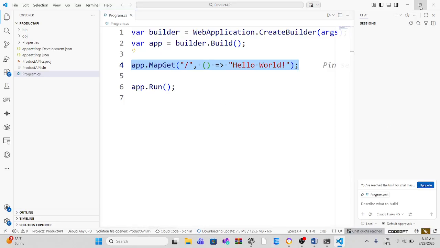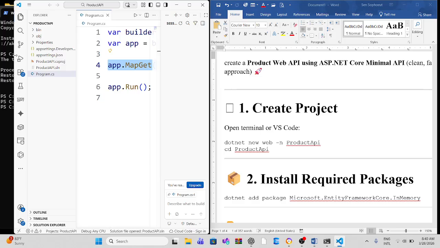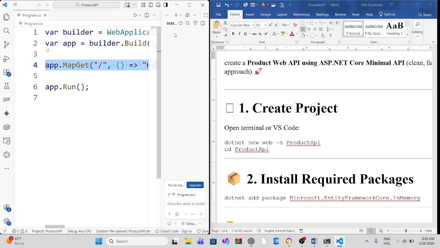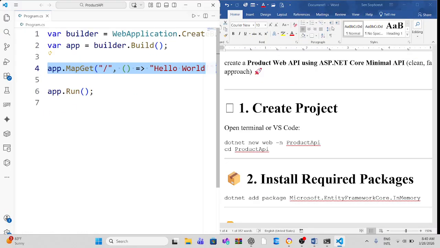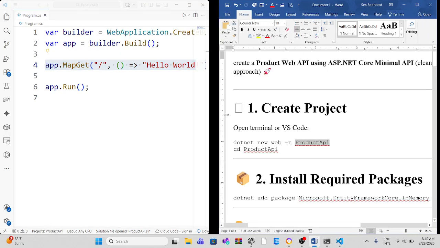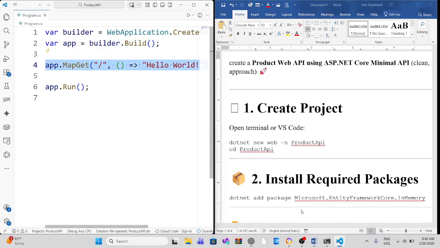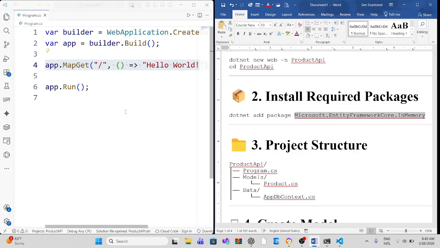So now let's get started. After we create the project, we have to do the next step for our work. Now you have to install one package, Microsoft Entity Framework Core InMemory, because we use an in-memory database